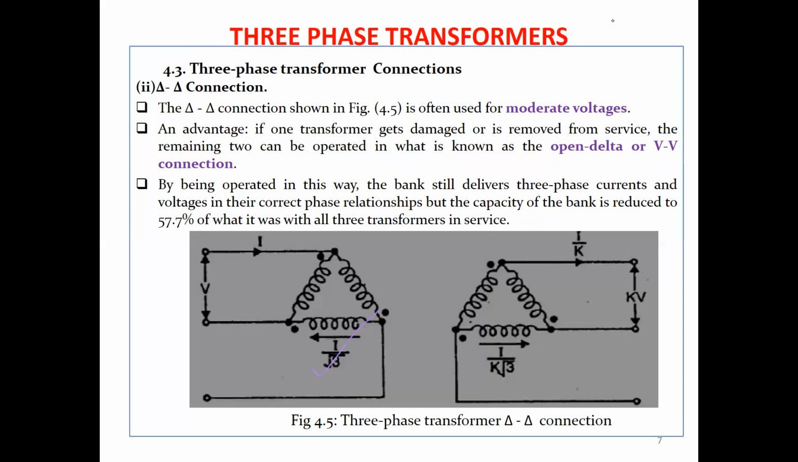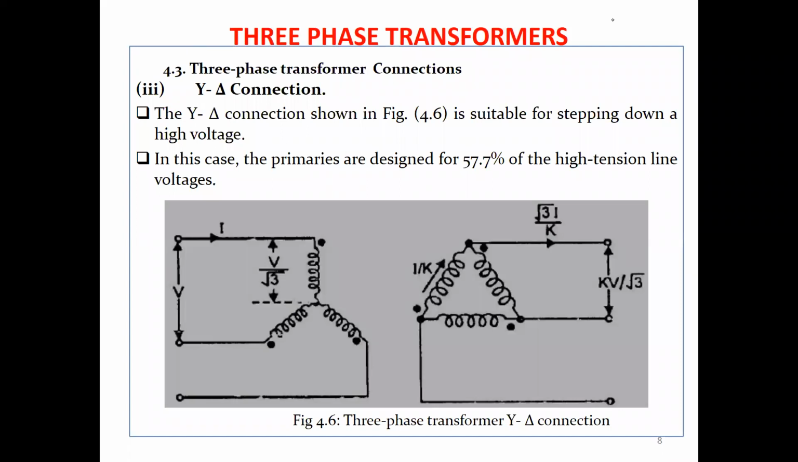Then moving on to our next connection, that is a star to delta connection. This is a star to delta connection. You can see we have a star and a delta. The first one is a star, and the second one is a delta connection. A star to delta is used for stepping down